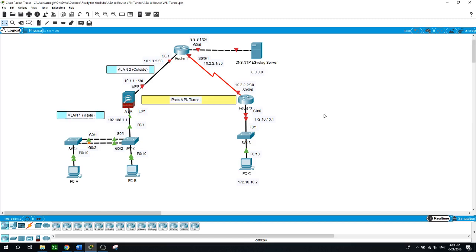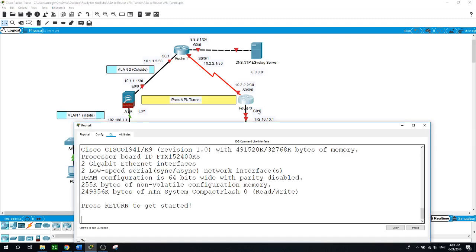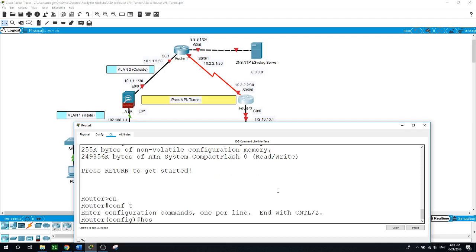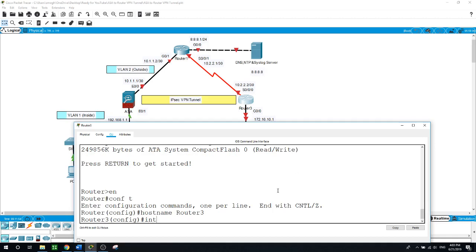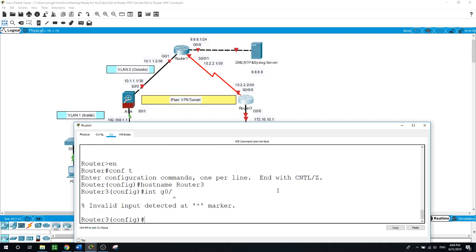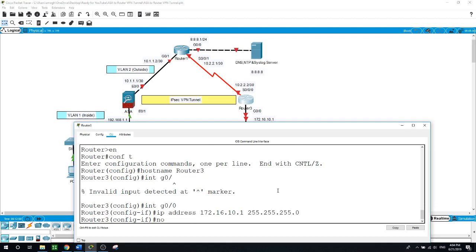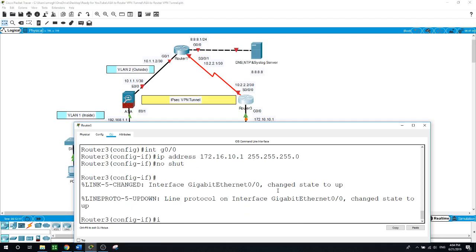So let me start by working on the configuration. I'll start with router 3. Enable, configure terminal, give a host name, router 3. Interface gig 0/0, IP address of 172.16.10.1/24 subnet mask, and open the port with no shut, and then the other interface facing router 1